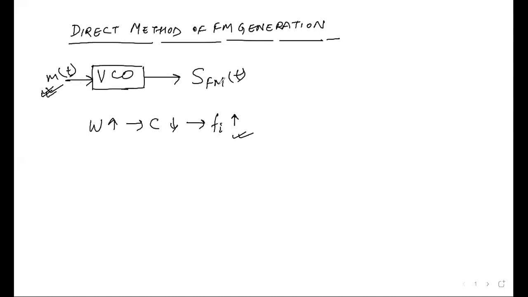So there are some limitations regarding that. Please, can you repeat it again, sir? Okay, so yes, what we have seen, in this method we have used a voltage control oscillator where the message signal m(t) is applied, and based on this m(t), the instantaneous frequency has been changed. So this is what we want here. We have the message signal, and based on the instantaneous value of the message signal, the frequency of the total circuit is changing.